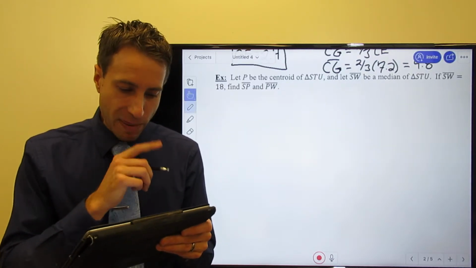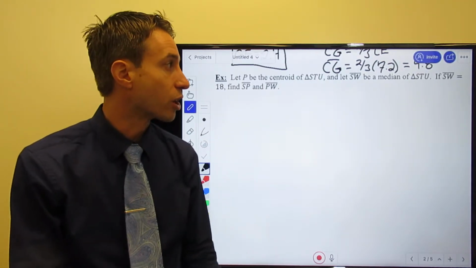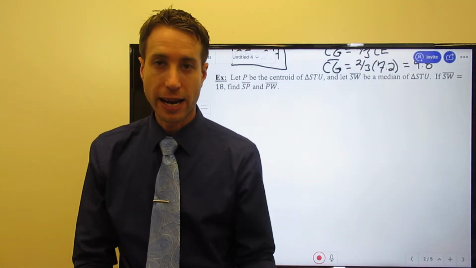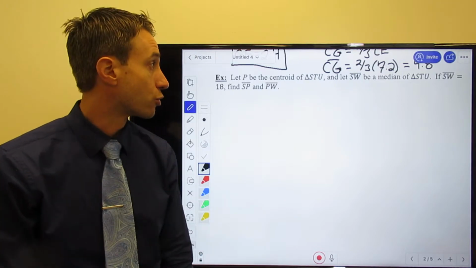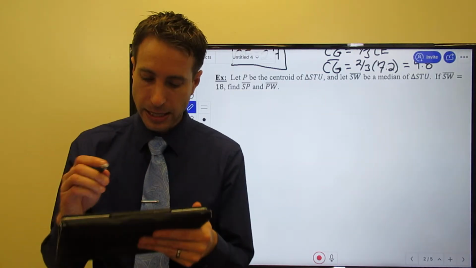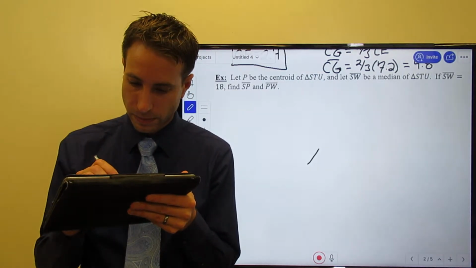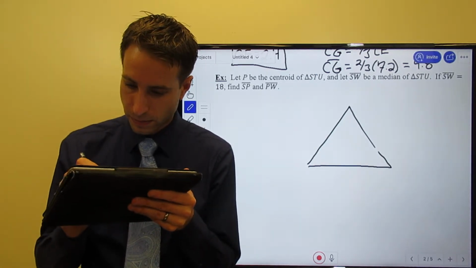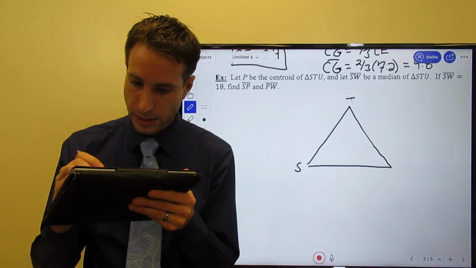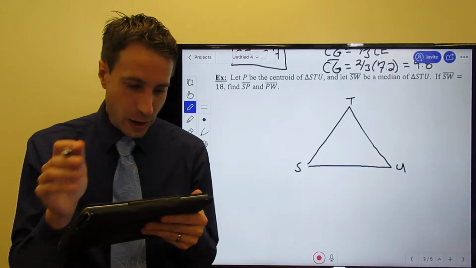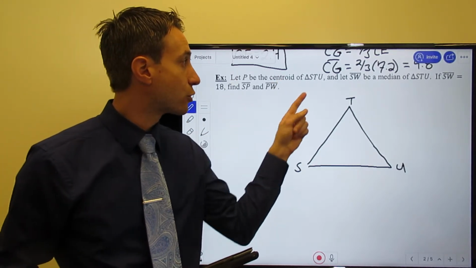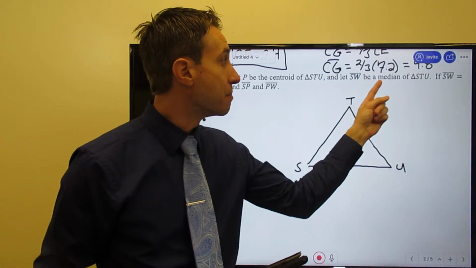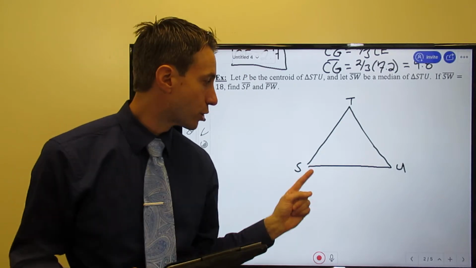Now, what I've done in this problem is essentially the exact same thing. We're going to use the centroid theorem, but I didn't draw the triangle for you, and you got to draw your own triangle. So here we go, STU. I want P to be the centroid of STU. We're going to let SW be a median of STU. So SW